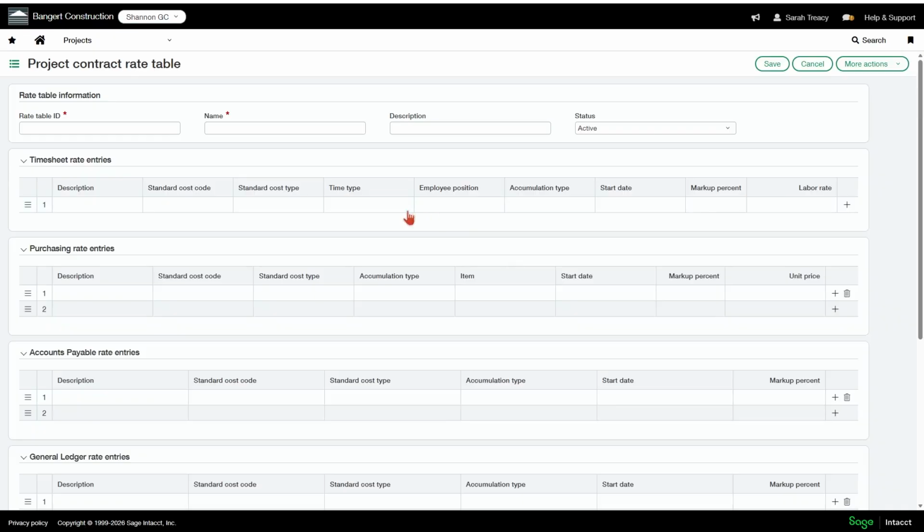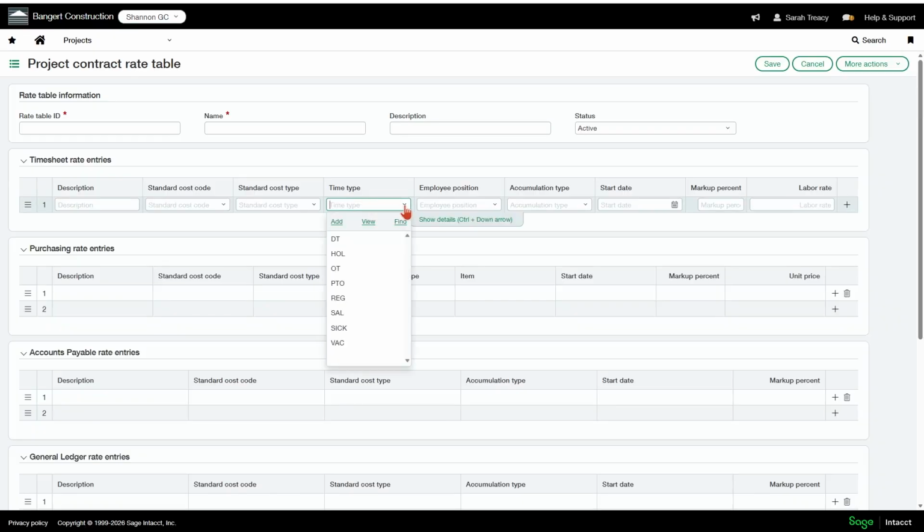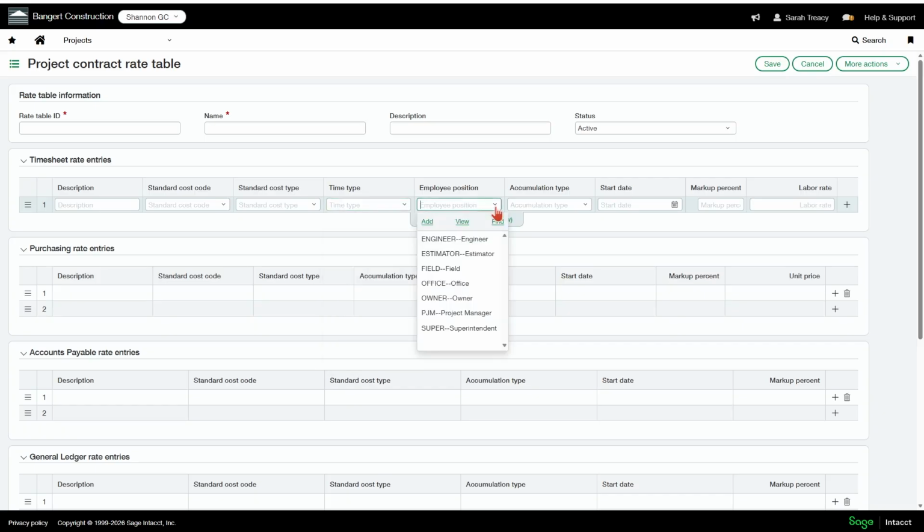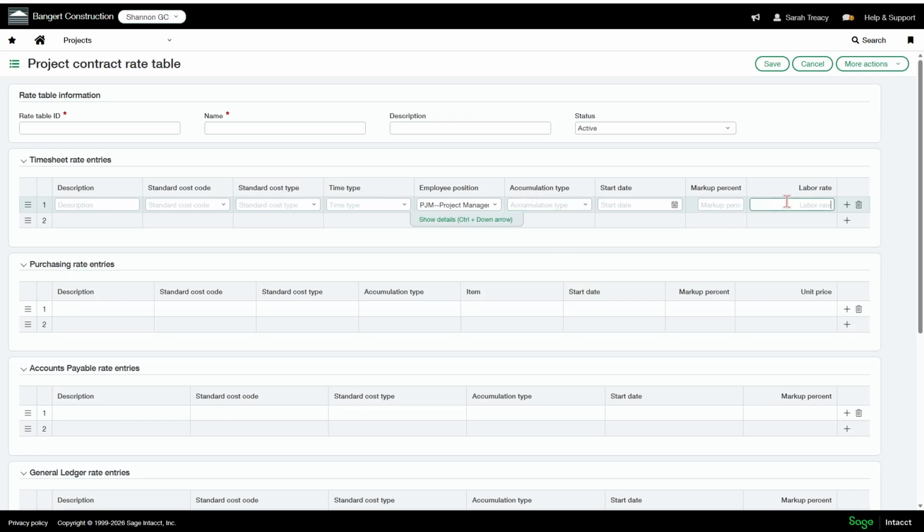Then you can also click here and decide that for regular time it's X, for overtime it's Y. Then you can say for employee position, it's a specific rate. So for my project managers, I want to charge $150 an hour, or I want to do a certain markup on their hourly rate.